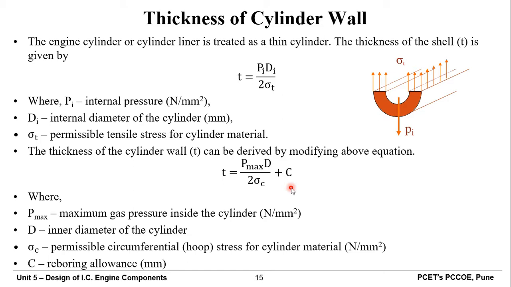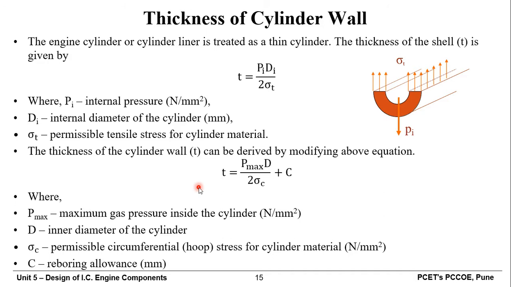So slowly the internal material will be taken away. Again, at the same time, due to internal combustion, there is a chance that the combusted gases may react with the cylinder wall. So we need to consider the material that is removed due to the chemical reaction or due to the reciprocating motion of the piston, and that's why we add some additional thickness in order to compensate for this. So in order to calculate the thickness of the cylinder wall, we use this particular formula.